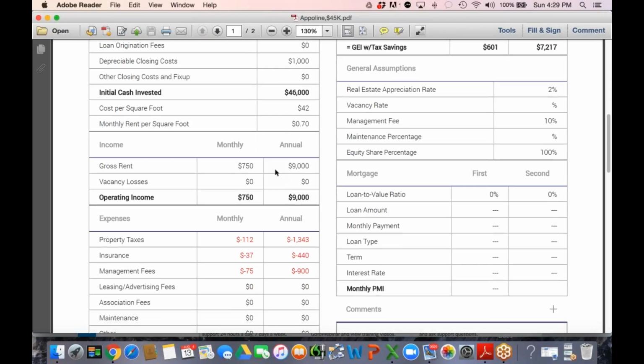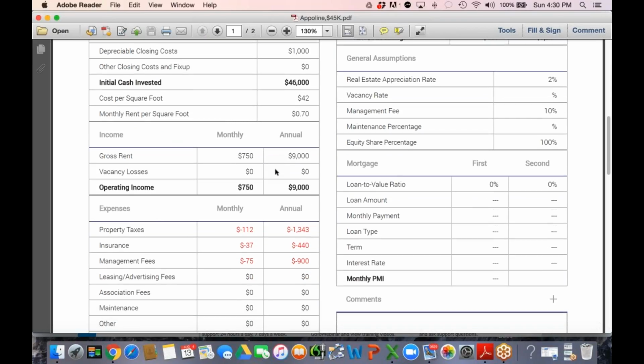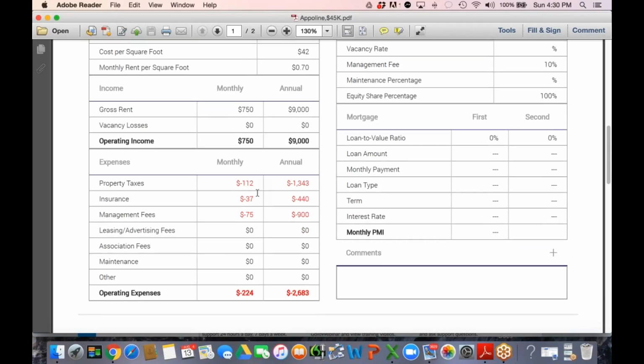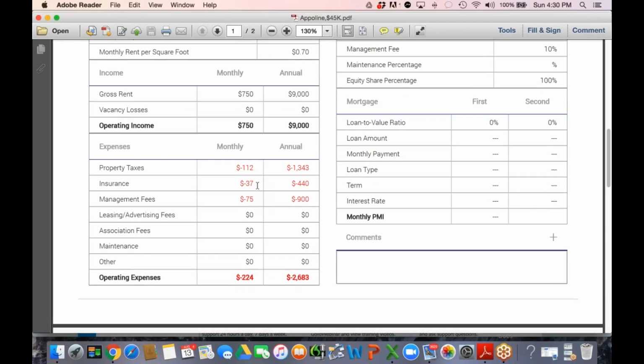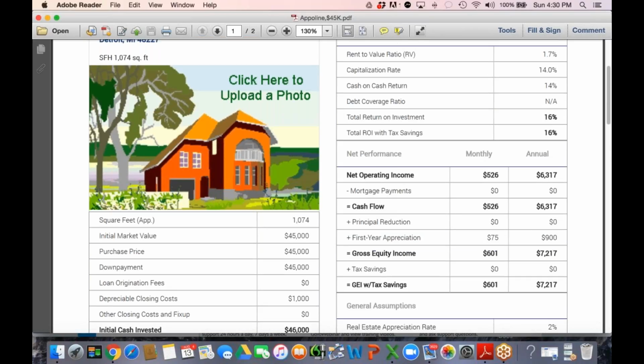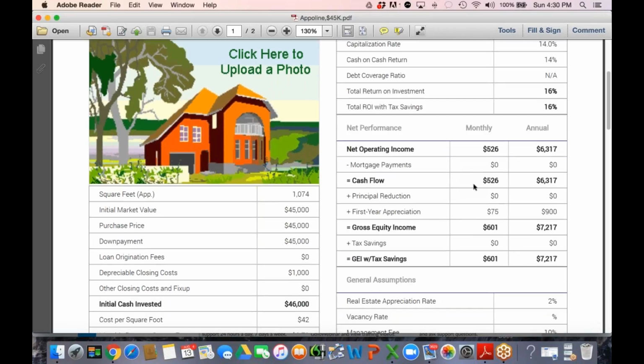And this home has been leased already, has been rehabbed, and the renter is in place, paying $750 per month. Because the taxes in this location are very low, a mere $112 per month, and the property insurance is similarly low at $37, and property management is $75 per month, at 10% of the rent, the total operating expenses are $224. So there's a whopping $750 gross rent minus $224 obligations, which equals a monthly net cash flow of